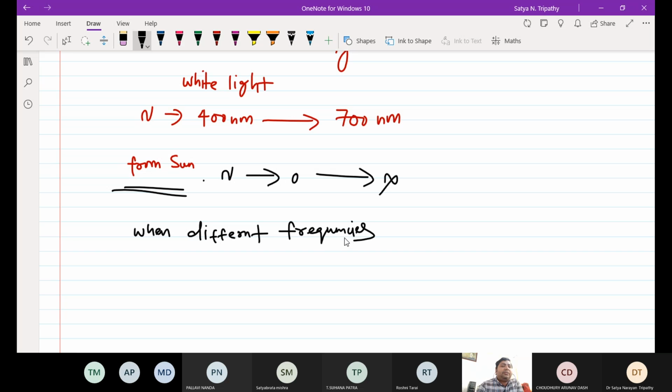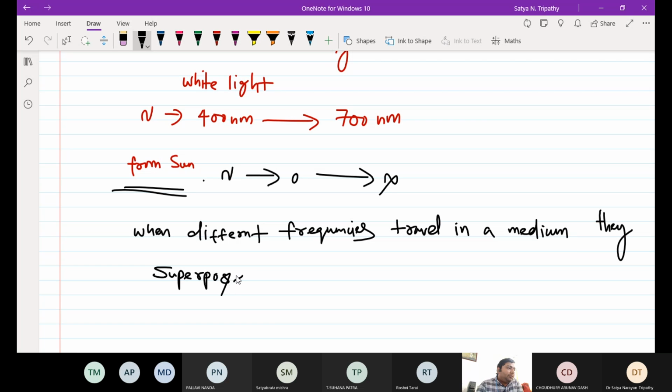Because it is white light, there are different frequencies. So when different frequencies travel in a medium, they superpose to form